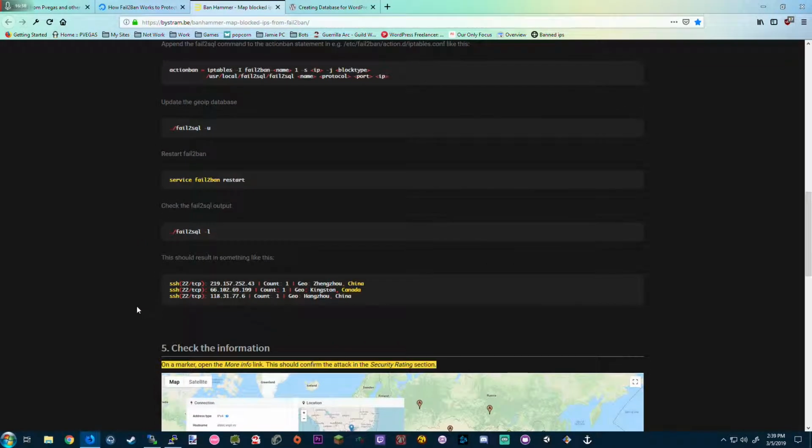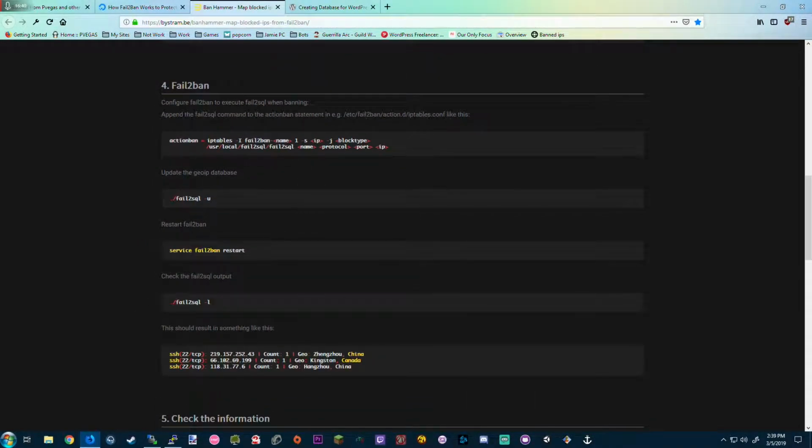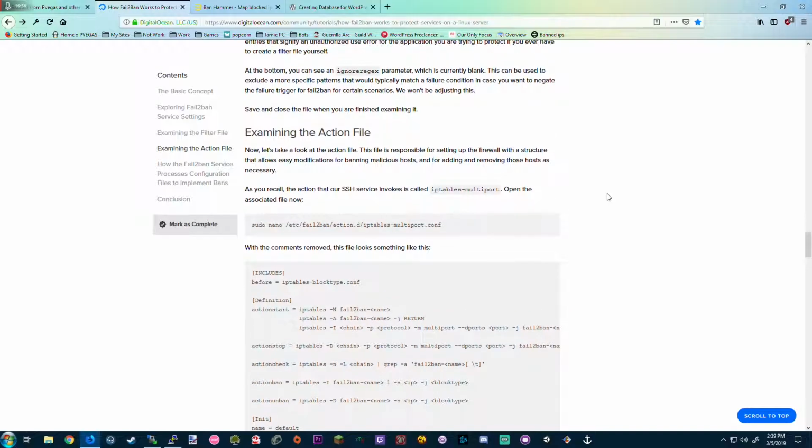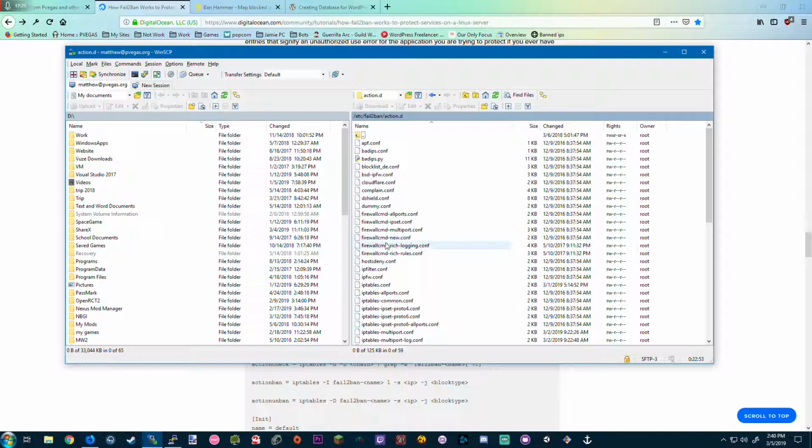Now, if you're like me, updating this file in the iptables.config did not render this map usable because my Fail2Ban service was not using the iptables.config configuration file. If we go back to this DigitalOcean article, we can see that by default, the iptables.multiport file is going to be the one that's being used out of the box. So if we take a look at that file,